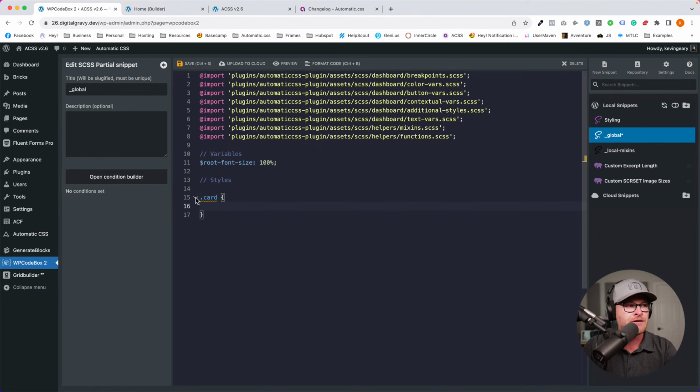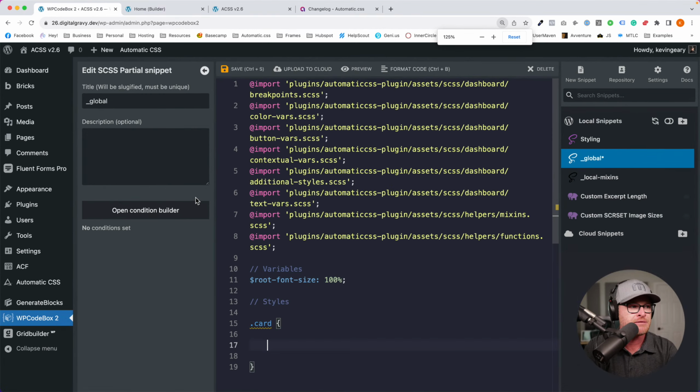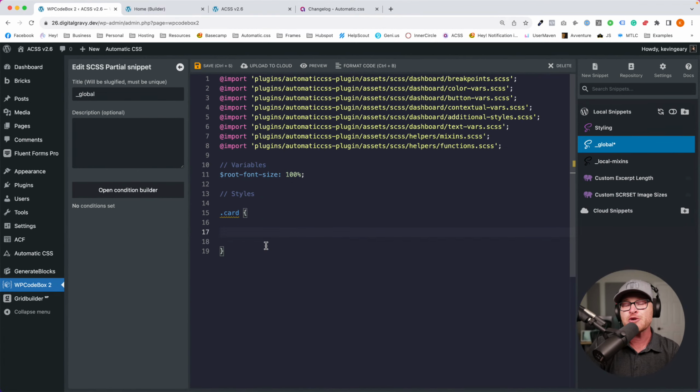All right, so we have card. That's what we're targeting now. And we have card heading, which in SASS, we'll just do this for everybody. Let me zoom in a little bit. In SASS, you have nesting, right? So you can just easily nest this. You could say ampersand, and actually it would be double underscore heading. What that's going to do is write this as card double underscore heading.